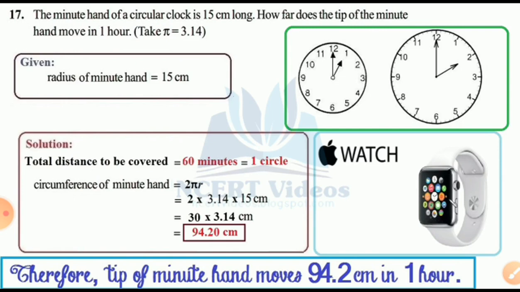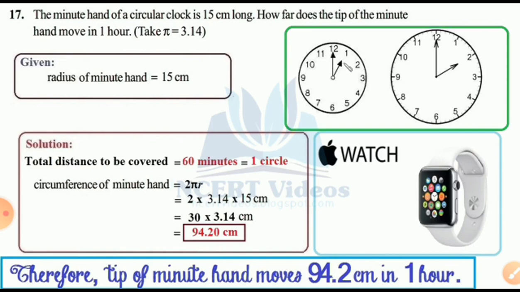Is it? Nowadays smart watches are coming, Apple's. Smart watches do not have these types of things. But old clocks had these types of hands, minute hand and hour hand. Which one moves fast? Yes, the minute hand, not the hour hand. The hour hand moves slowly. When the minute hand covers the full distance 12 to 12, the hour hand moves only one number, 1 to 2, 2 to 3, like that. Okay, the radius of the minute hand is already given, 15 centimeter, beta.